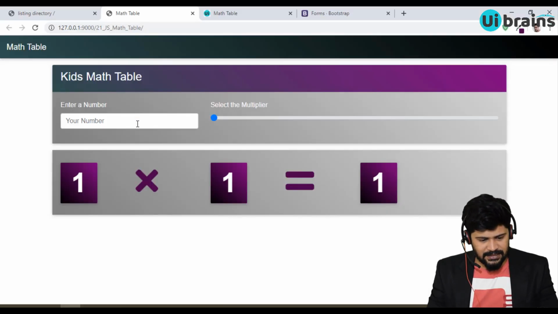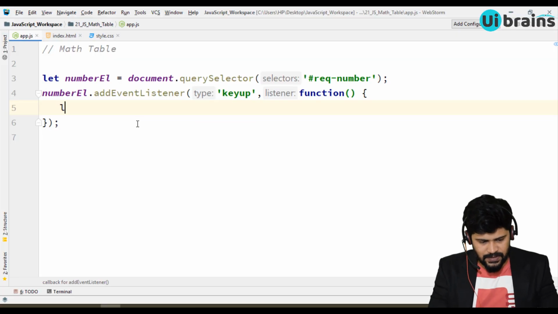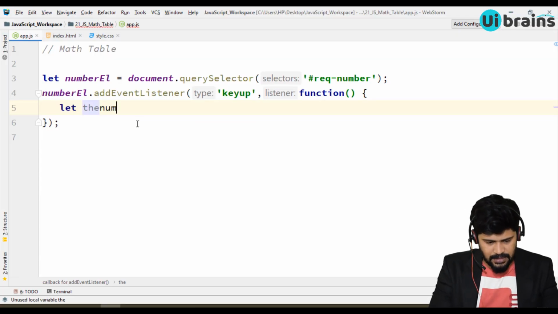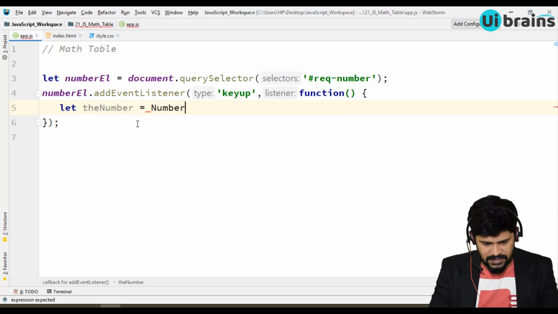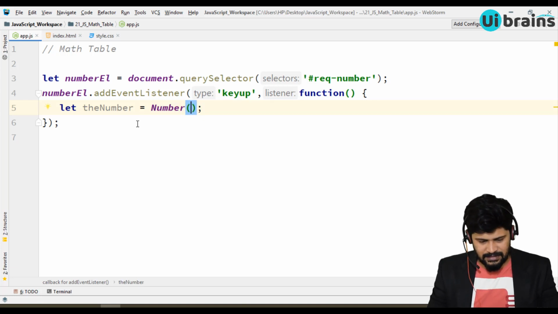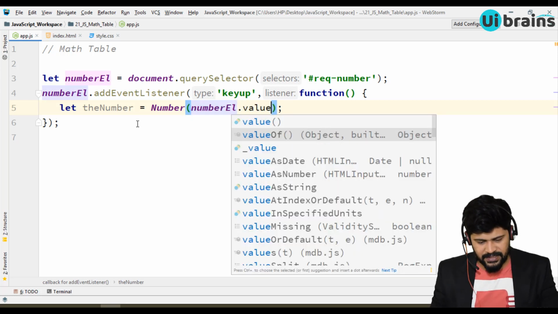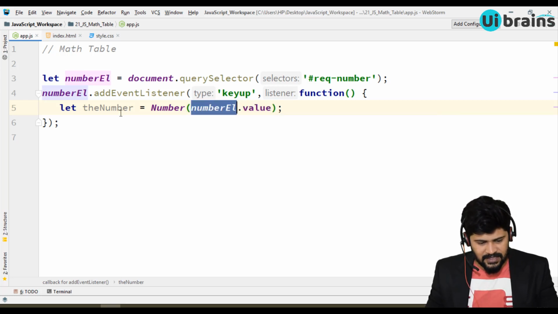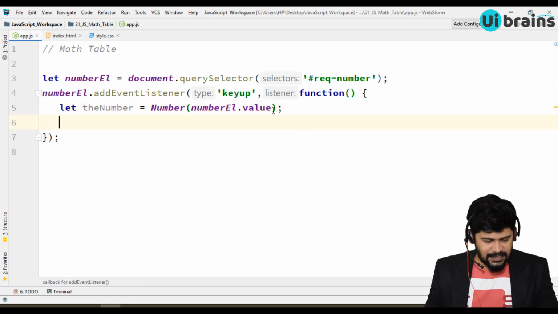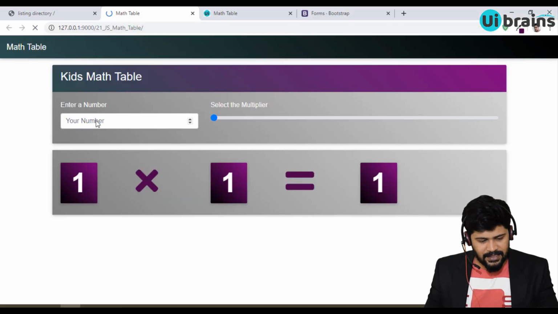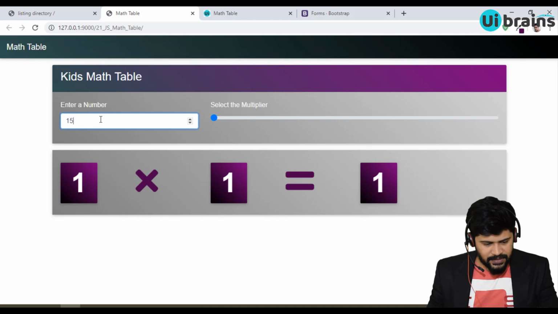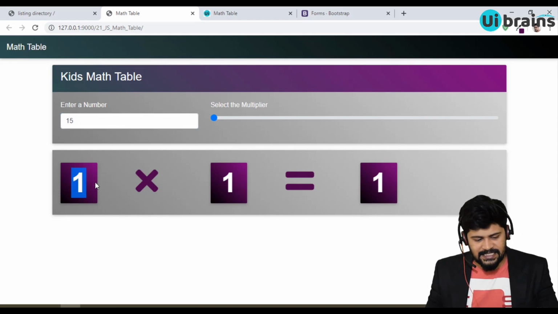Inside I need to get the value. So let number is equal to, I just want to convert it to number. So let's take Number of numberEl.value. So you get the value of the number box to be the number, and this number I want to attach to this place here.